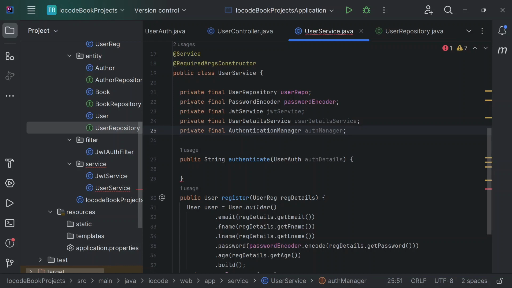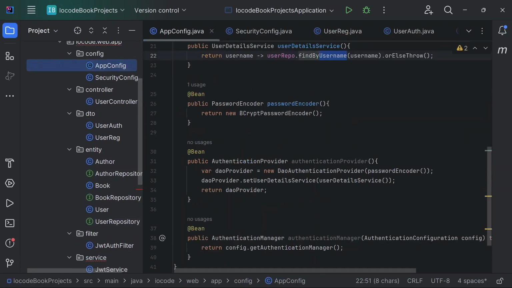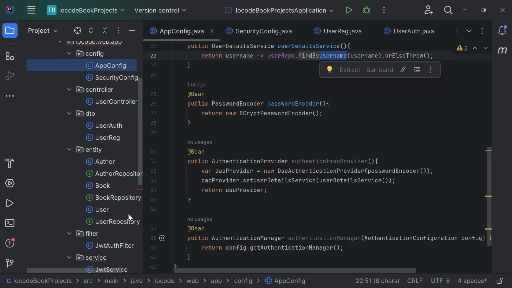Now these different beans, for instance our JwtService, has already been defined as a service class inside of our service package. However, the authentication manager and user details service are defined inside of our config class. So we have the user details service here, and then we also have our authentication manager right here. So these are the beans that we need. So back to our user service class,